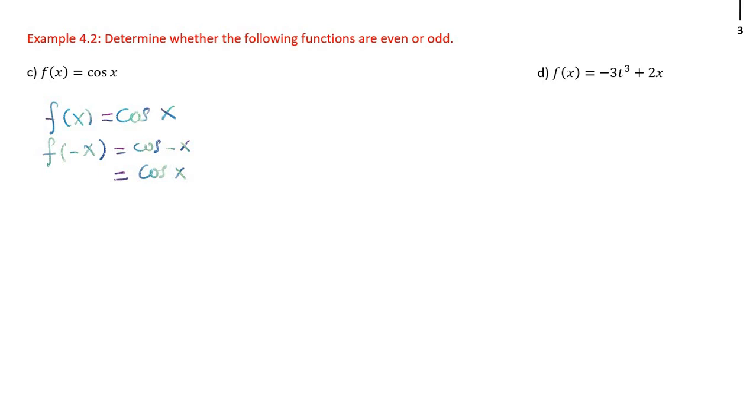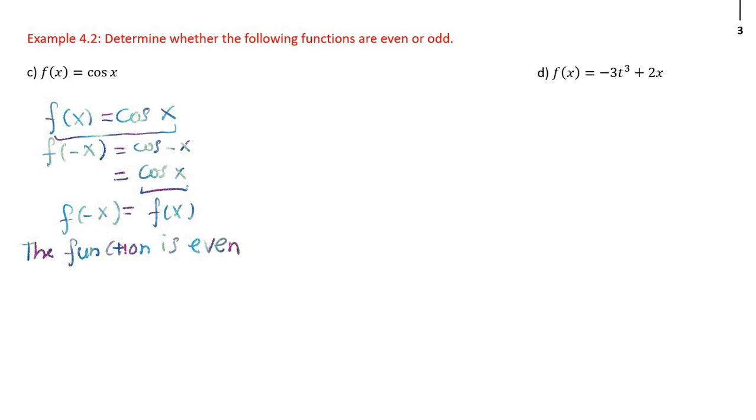So this part is equal to f(x). It is proven that f(negative x) equals f(x). So we can conclude that the function is even. And if you want to draw